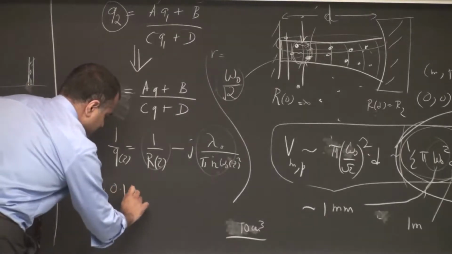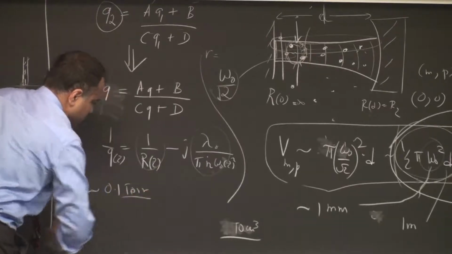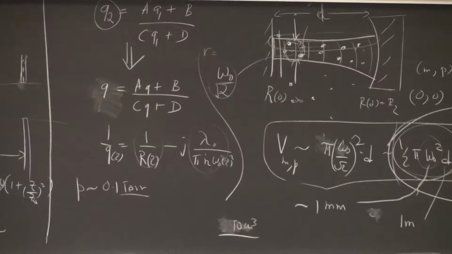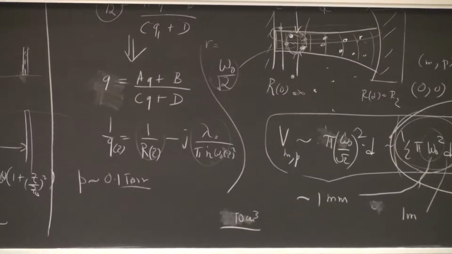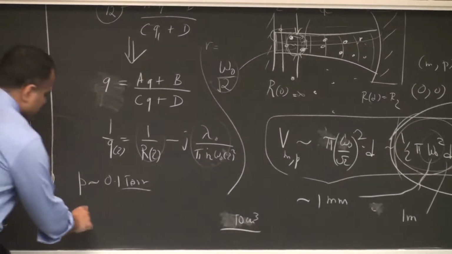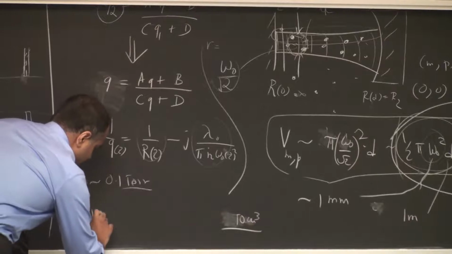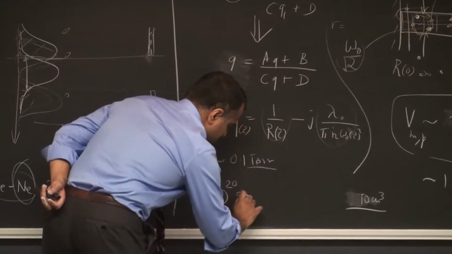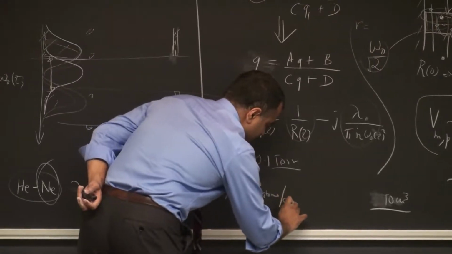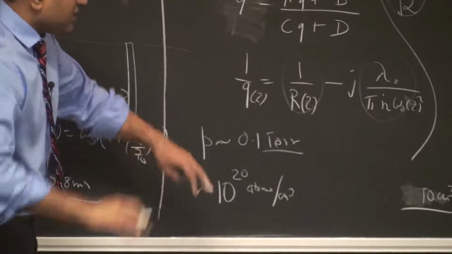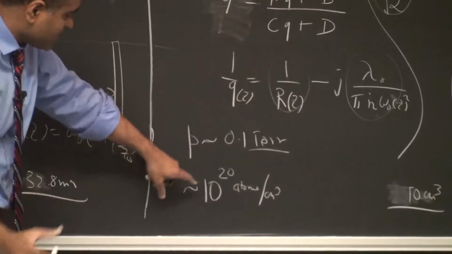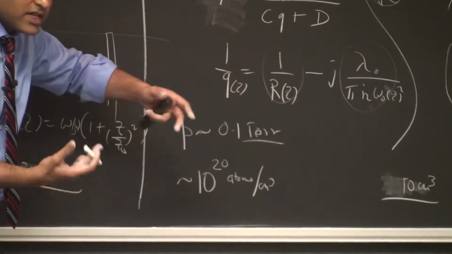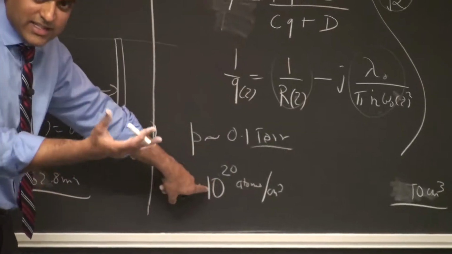Let's say, I think there's an example in your book of 0.1 torr, a thousandth of atmospheric pressure. Atmospheric pressure is 760 torr, right? So this is a thousandth of atmospheric pressure. At atmospheric pressure, you have roughly 10 to the power 20 atoms per centimeter cube. I'm just doing it in a very crude way. If I had just atmospheric pressure of neon, I would have about 10 to the power 20 atoms per centimeter cube. That's the number, roughly, for a gas.